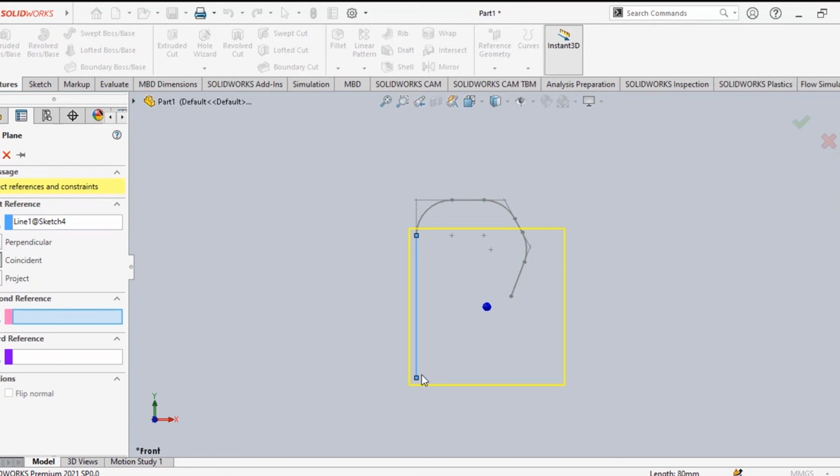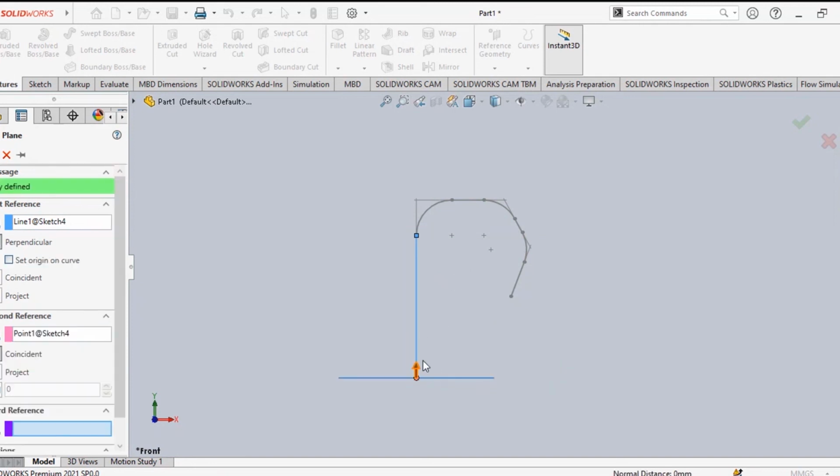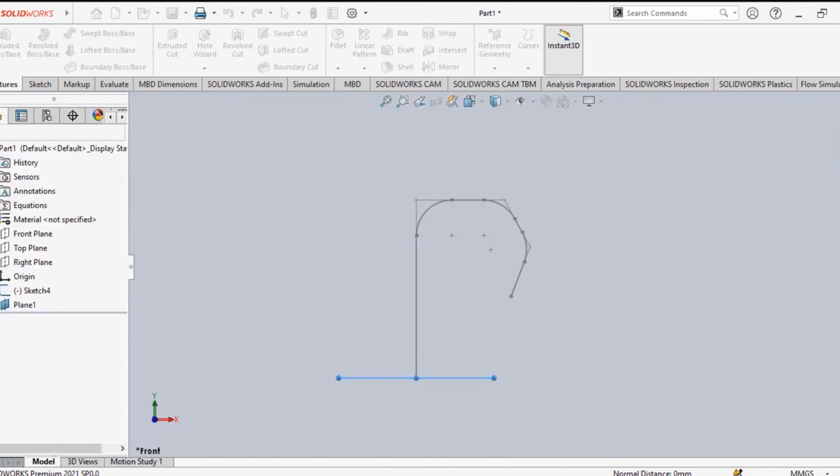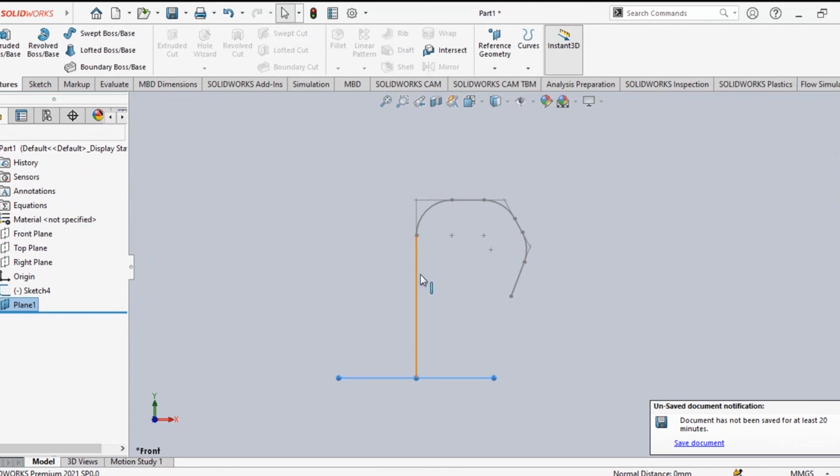Next one, you have to click that end point of that line. Next one, you click that end. See, you made a plane which is perpendicular to this object. Right? I'll show it again. Now what we'll do? Green check. I'll show it again. So we made a plane which is perpendicular to this object, which is perpendicular to our